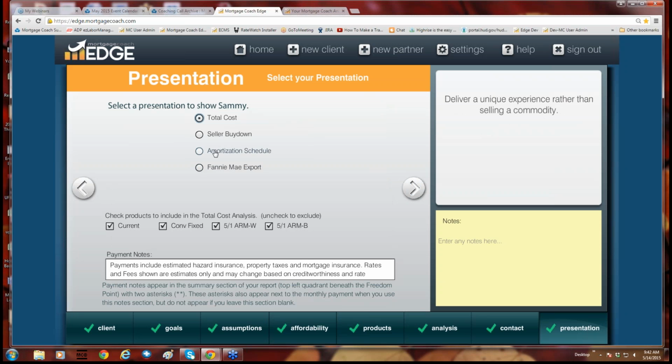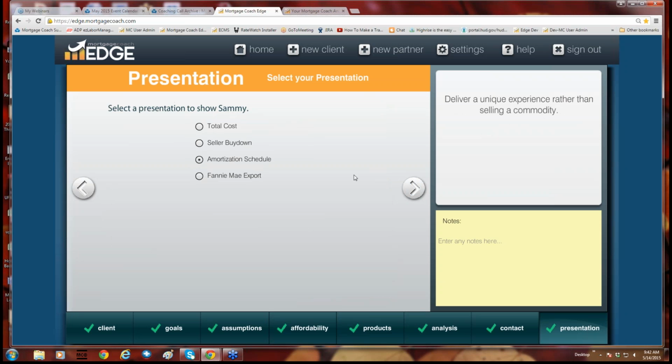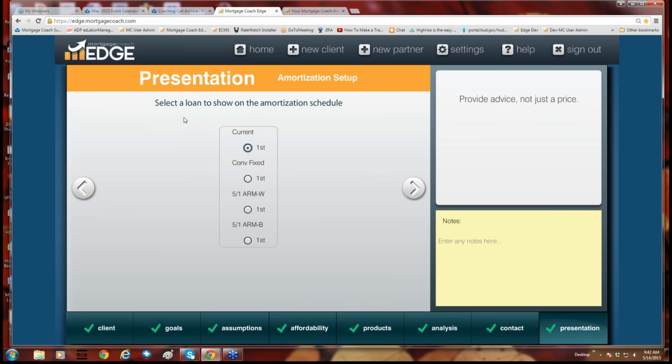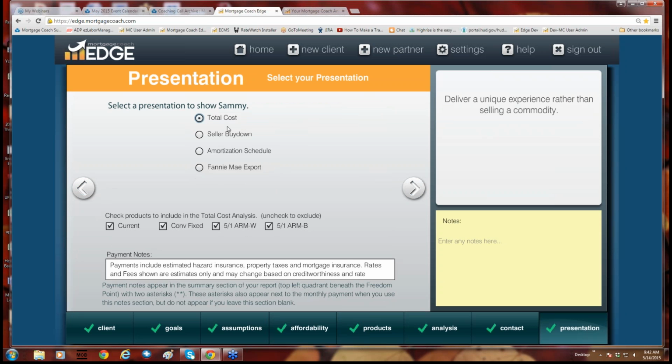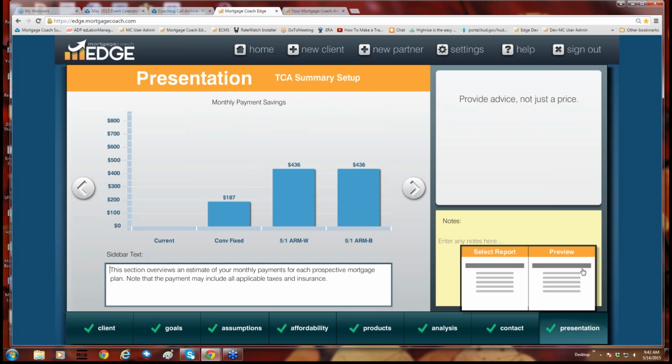And I want to point out, if you want an amortization schedule, I had a couple of people ask through the support box. If you want to be able to see an amort schedule, just indicate so here. Advance the screen, you could choose your product, and you could go ahead and be able to see an amortization schedule on the product. So now let's go to presentation and go directly to our preview, and let's discuss the